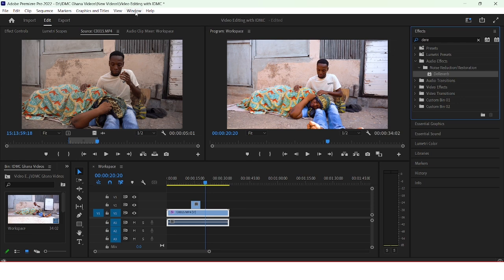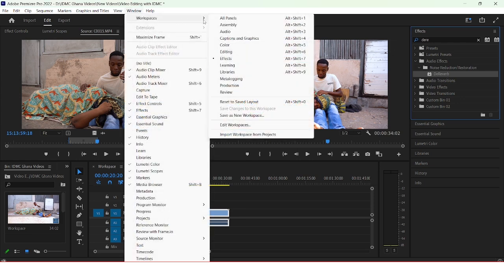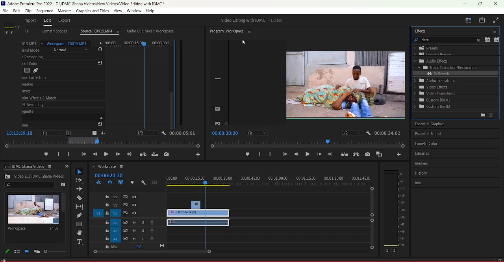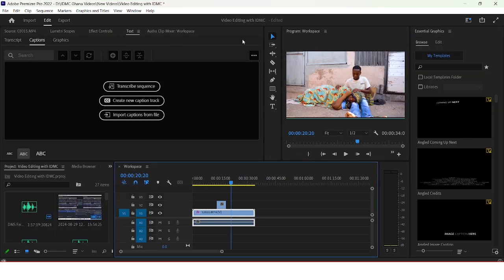So to do that, we will go to Windows Workspace, and then we have to see our graphics. Caption and graphics are put together in some versions of Adobe Premiere Pro, but in some versions they have graphics on their own. So we are going to use caption and graphics, and this panel allows you as an editor